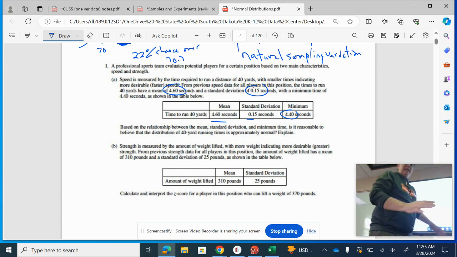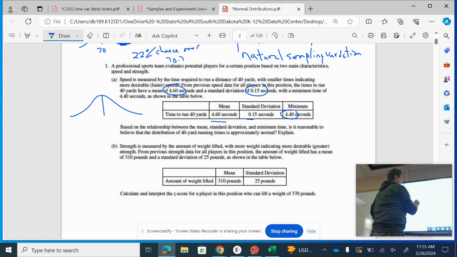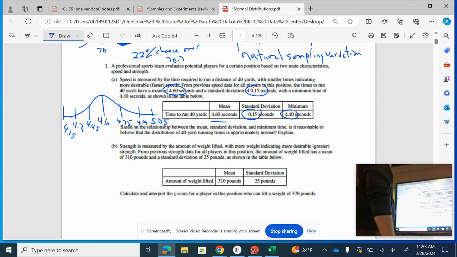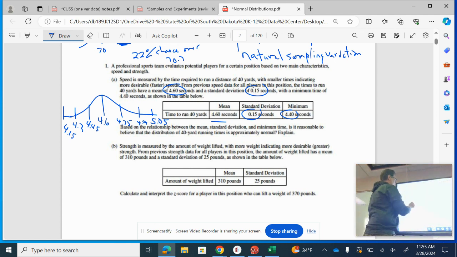Okay, so now this one doesn't say it's normal. So let's look at this and let's think about this. If this is 4.6, if we add the standard deviation, 4.75, 4.9, 5.05, and going down, 4.45, 4.3, 4.15. If our minimum happens to be 4.4,